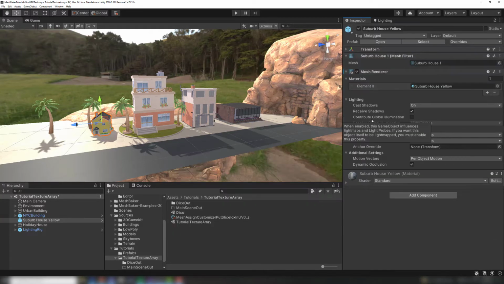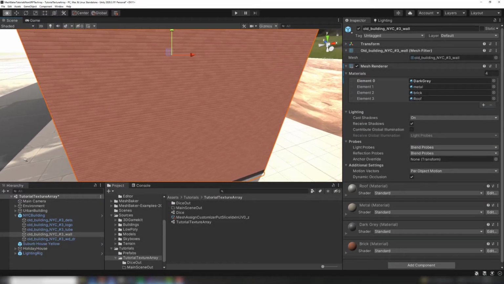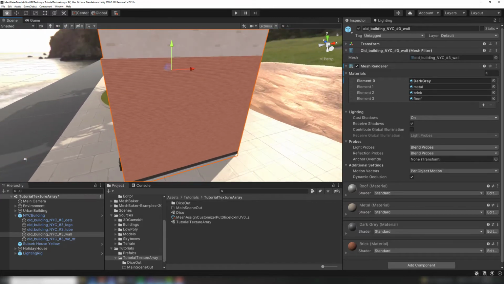We'll use the Texture Baker component to combine the textures on these materials into texture arrays, and then the Mesh Baker component to bake the meshes so that they can use the texture array version of the standard shader and the baked texture arrays. In this example, we bake the meshes in the scene. However, we could use the baked texture arrays with the Batch Prefab Baker as well. Notice that some of these meshes have multiple materials and use a lot of tiling.